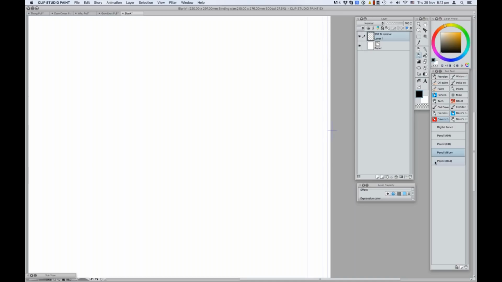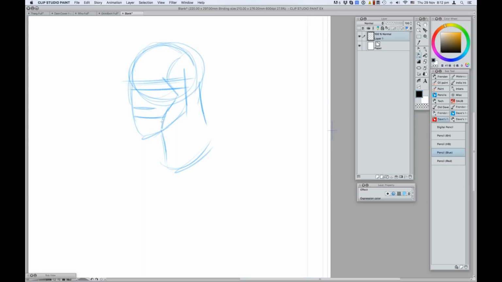Sometimes though, I might actually want to draw in a blue pencil. So my next pencil down is blue pencil. And again, this replicates the traditional way of drawing comics, where you use a blue line just to block in general proportions, general planes, general features. And what you can then do is finish that using the HB pencil, which again knocks the blue into the background. Or, as some people like to do, use a red pencil to further